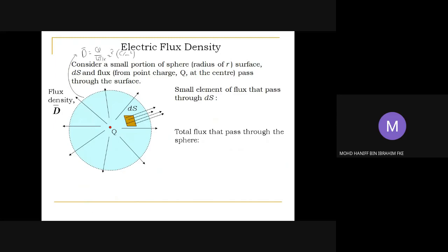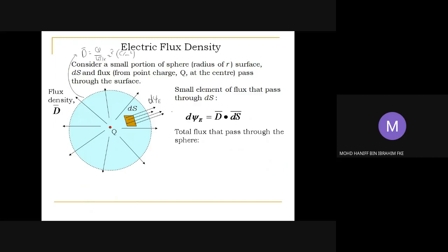Okay, dS here is located on the sphere surface. So we can see that the small element of flux passing through this dS, I can label as dΨe, which is a small amount of flux passing through this element of dS, can be calculated by using this equation,